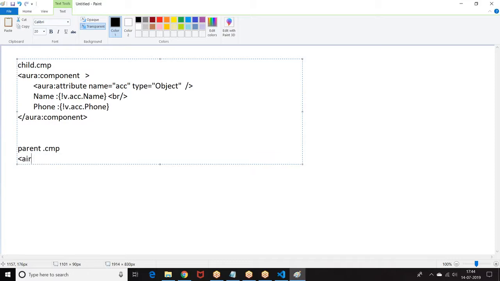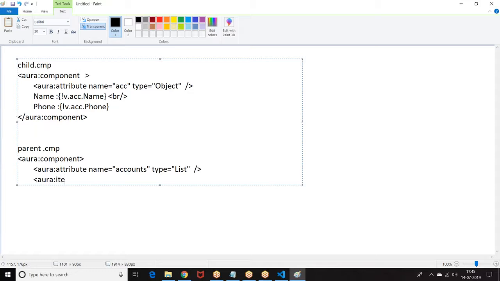In the parent component I have given the child component, type equal to iteration items equal to accounts.